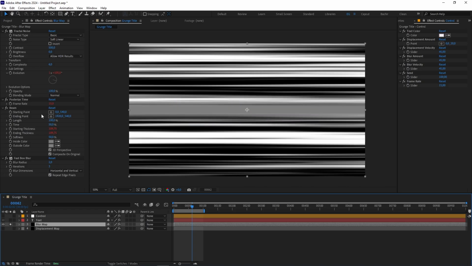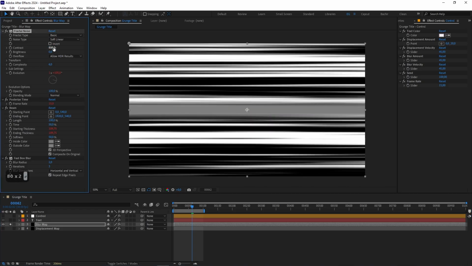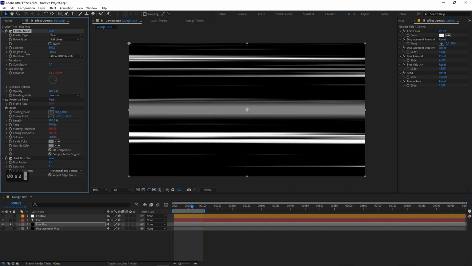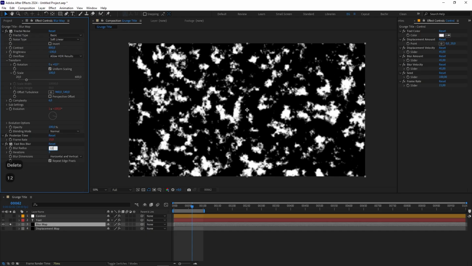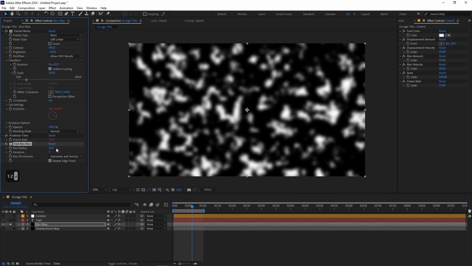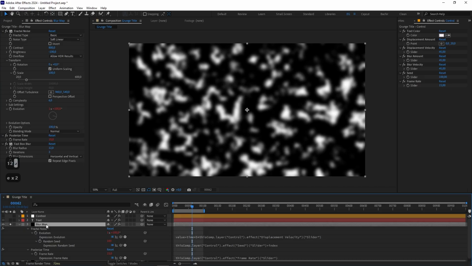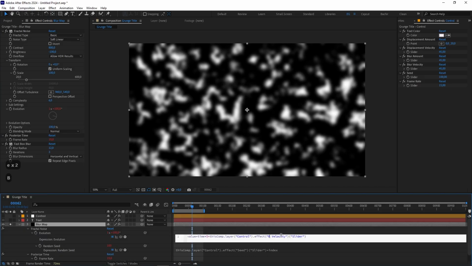Let's turn it on for a second. Set the contrast to 800, the brightness to -100, and the scale to 100. Let's also remove the beam effect and increase the blur up to 12. We also need to adjust the evolution to use the blur velocity control in the expression so that we could